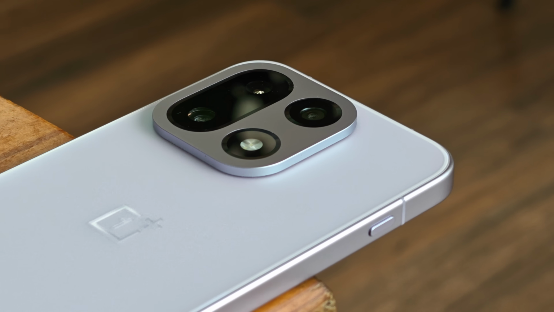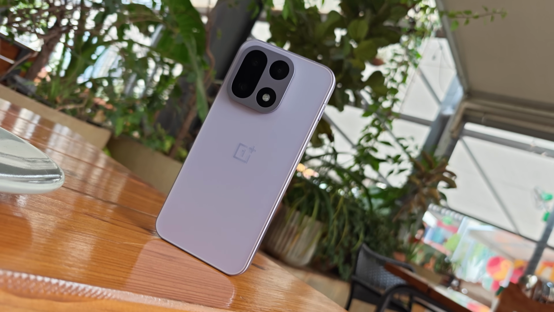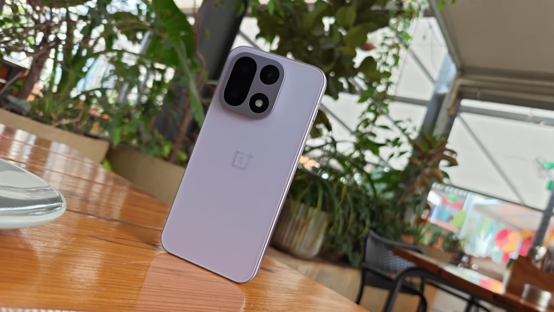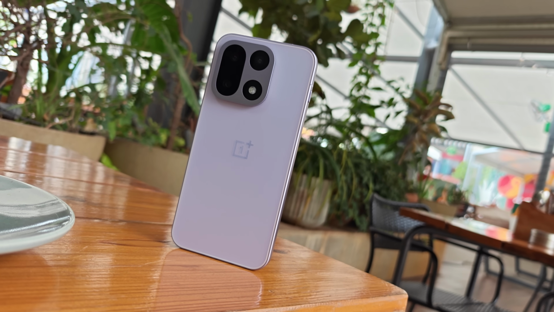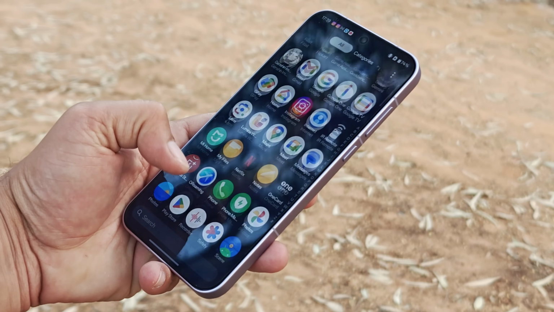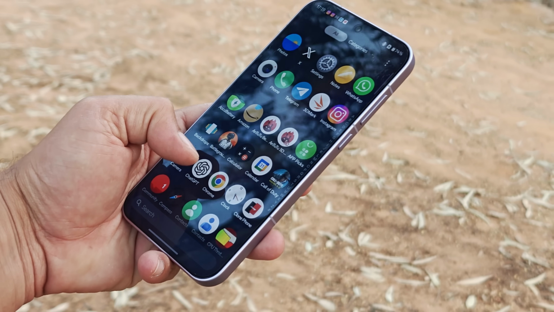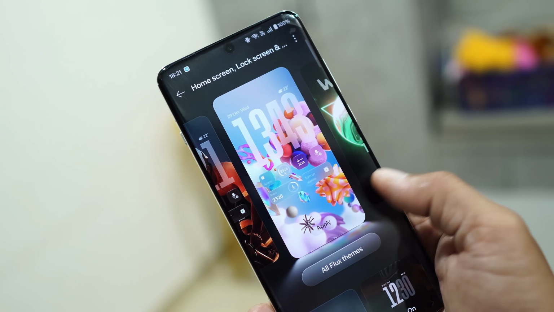Today in this video we'll be talking about hidden features, tips and tricks of OxygenOS 16.0.1 for OnePlus 15. Most of the features you can also find on other devices running OxygenOS 16, but there are a few things which can currently only be found on OnePlus 15. So first we'll talk about those features, and after that we'll talk about tips and tricks, hidden features of OxygenOS